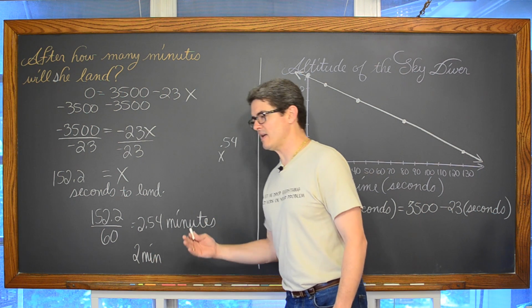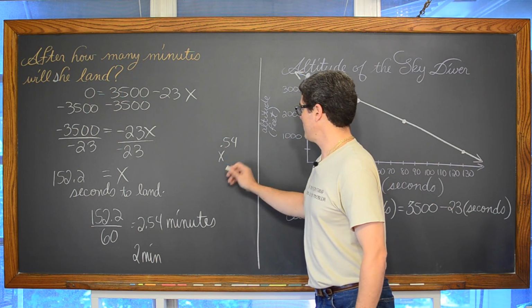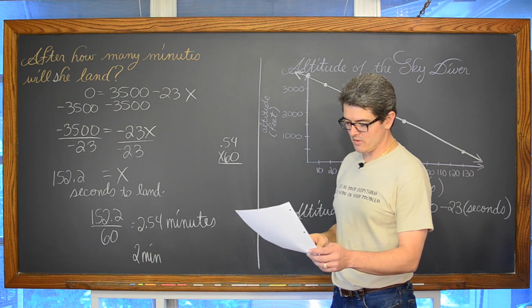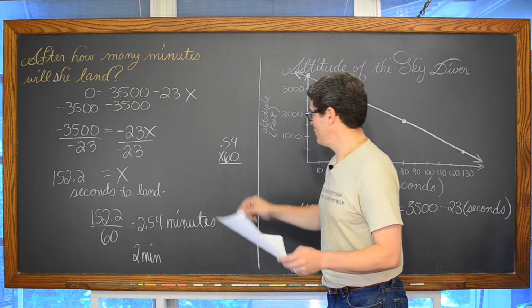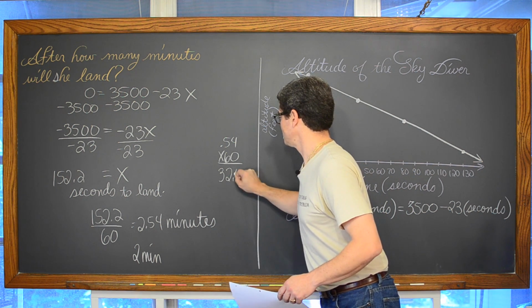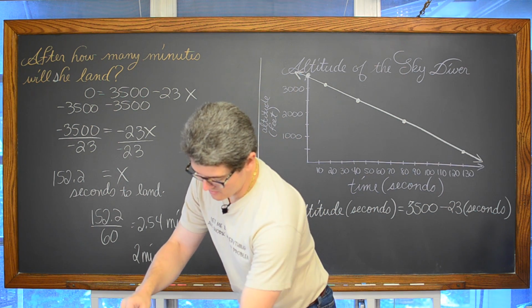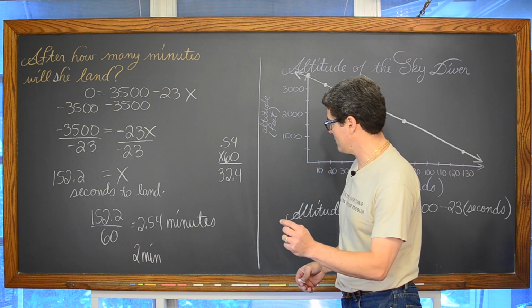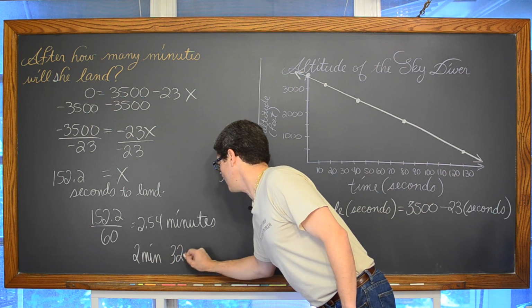So 0.54 times 60 is going to be equal, off the top of my head, to 32.4. So the skydive is going to last from 3,500 feet till the altitude of 0 when she lands, 2 minutes, 32.4